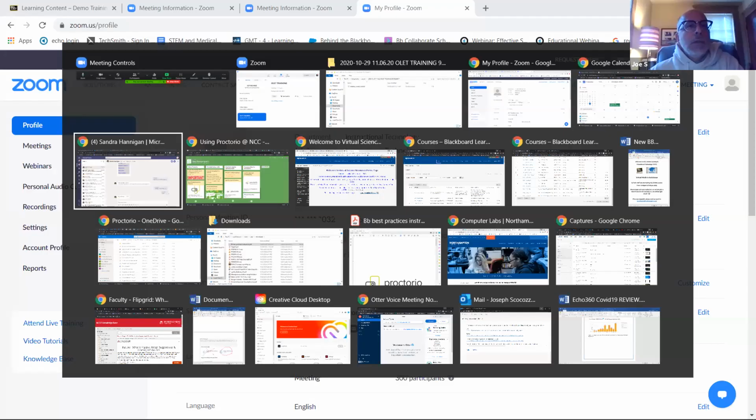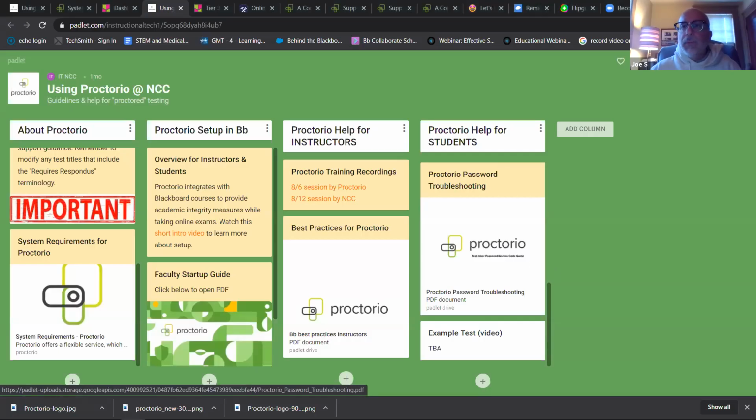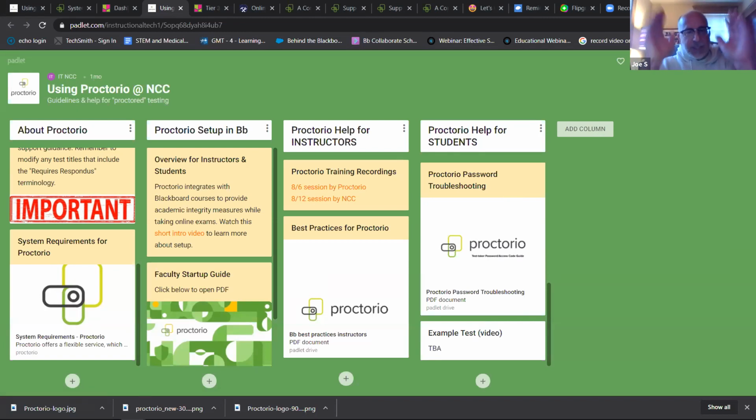And I'll bring up a small Padlet. If any of you are familiar with Padlet, it's just a web-based utility out there to allow you to throw sticky notes on a wall. It's kind of like a wiki where you could just put posts in, and I like to use it sometimes for these workshops to give me a sense of, number one, how I want to go through some information, but number two, it becomes, I think, a utilitarian resource to you, the attendees, for now until eternity, because we keep these Padlets up there.